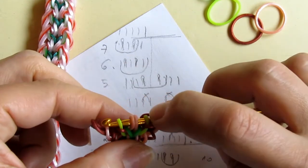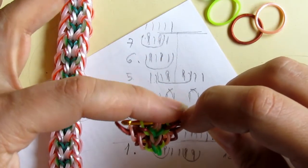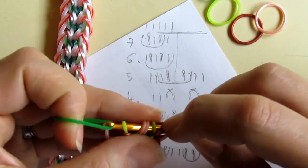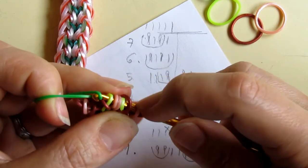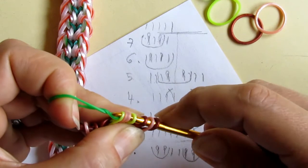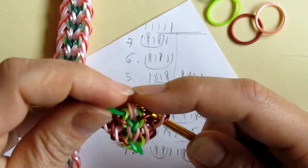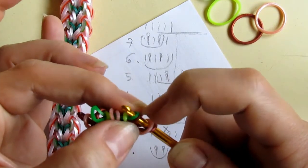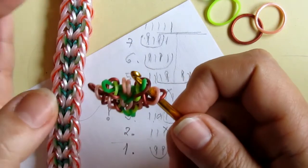And now I cross this, and there are those 4. I'm going to pull the darker green through. So I put the band on my hook, I pinch it well, like this, and pull it under the 4. When I have it, I can just release it. No, it's not necessary to do it by force. Just move the bands to the correct